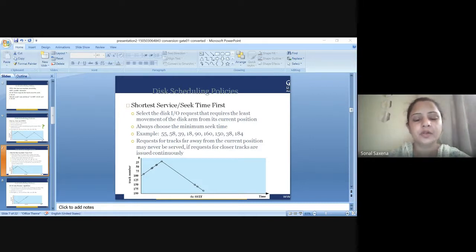Now, the SSTF scheduling algorithm stands for shortest seek time first. This algorithm selects the disk input-output request which requires the least disk arm movement from its current position, regardless of the direction. It reduces the total seek time as compared to FCFS, and it allows the head to move to the closest track in the service queue. Now, if you see the disadvantage here, it may cause starvation for some requests, and switching direction on a frequent basis slows down the working of the algorithm, and it is not the most optimal algorithm as well.